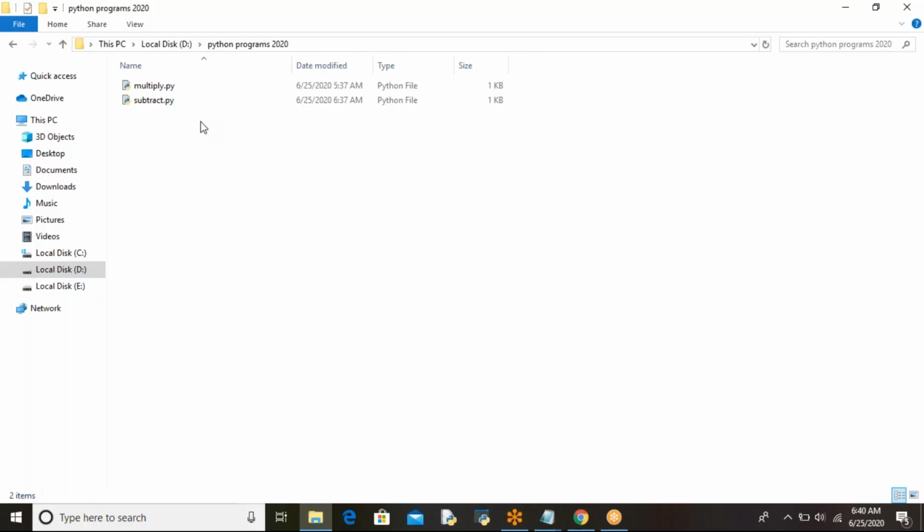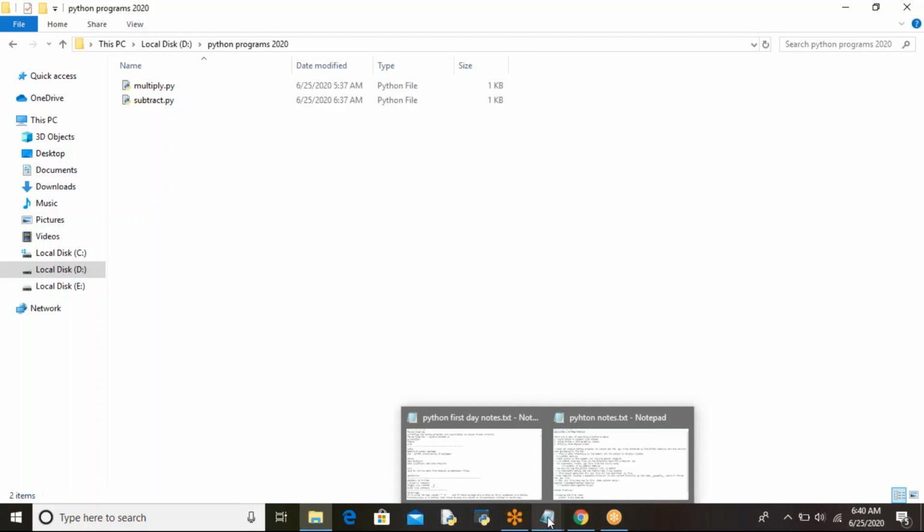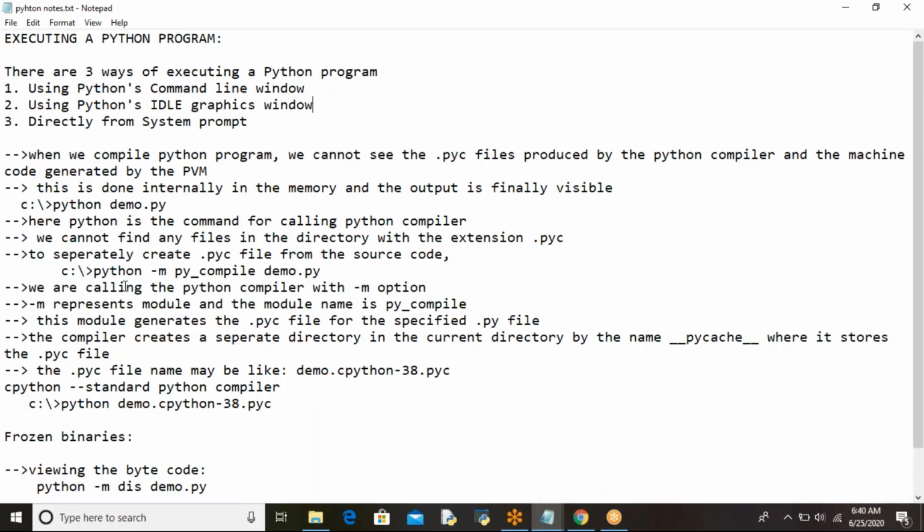I have shown you now. Now my intention is, I just want to separately create the .pyc files. For that, what we have to do? You type like this: python -m py_compile and the file name. -m is the module, py_compile is the module name.